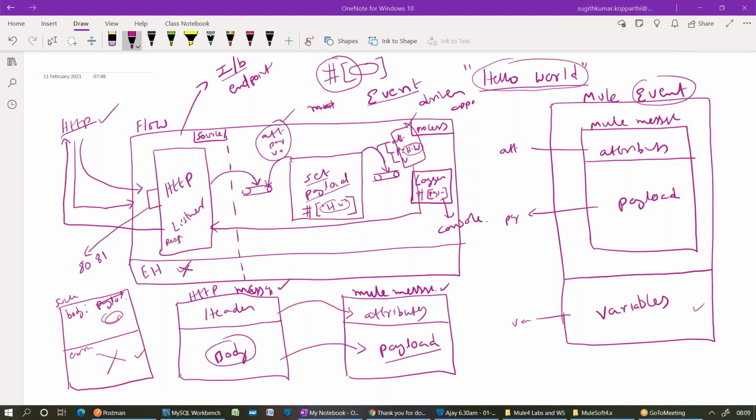Sujit, can you explain once again from the first onwards, HT1? Clear? Any questions here? Sujit, it was clear. Can you tell from HTTP when the request comes and when it goes into the HTTP listener? I didn't get your point. Can you go through all of it once again? Do you want me to repeat again?